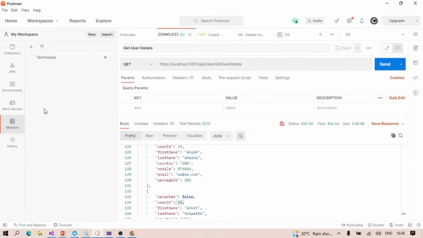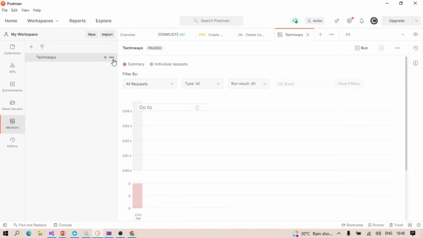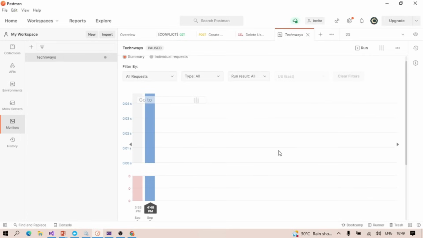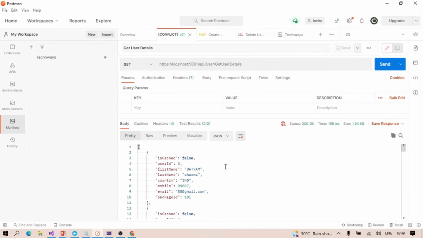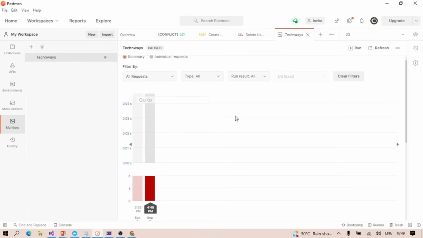So this is also not a kind of big thing. You can see here the response time, the graph it will start creating once you create or enable this particular monitor. So see, now the monitor is running. Okay, we did not get any call, so let's hit the get user detail. Okay, so this call is sent. Now see the monitor,